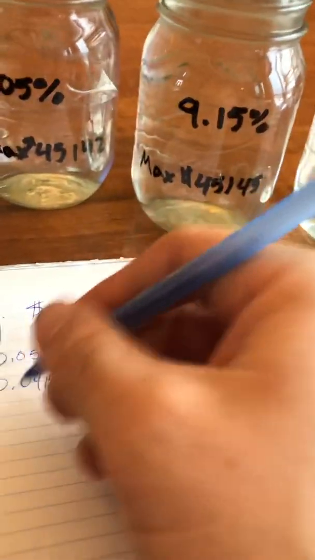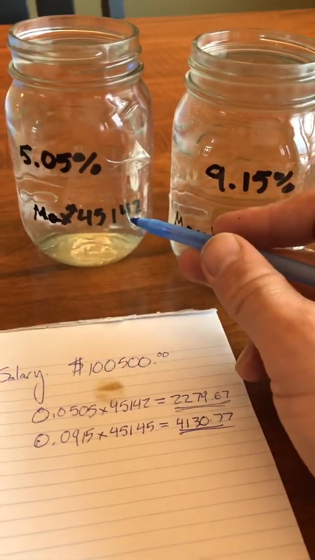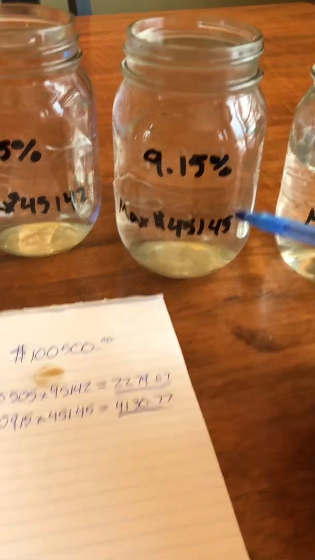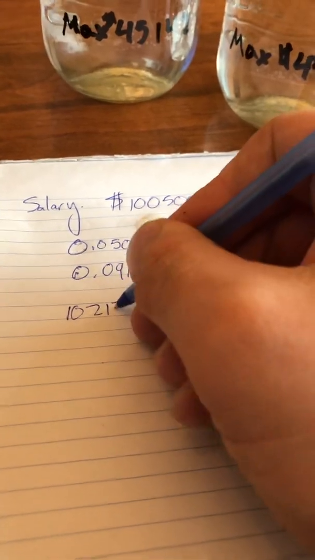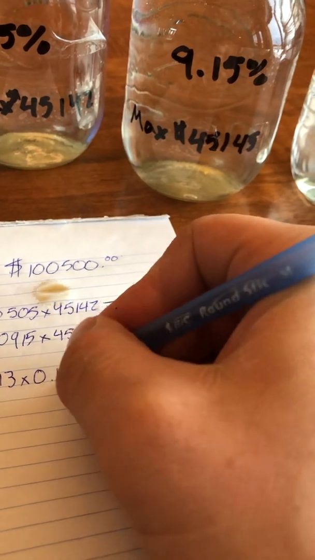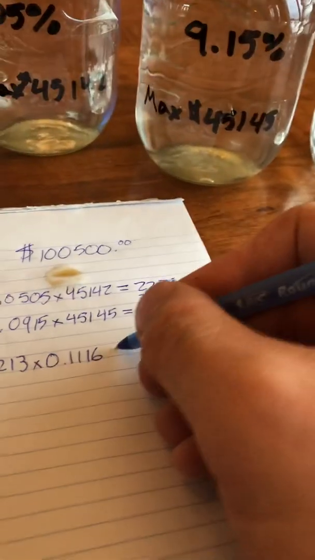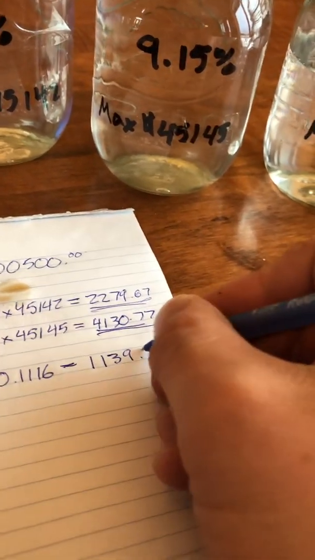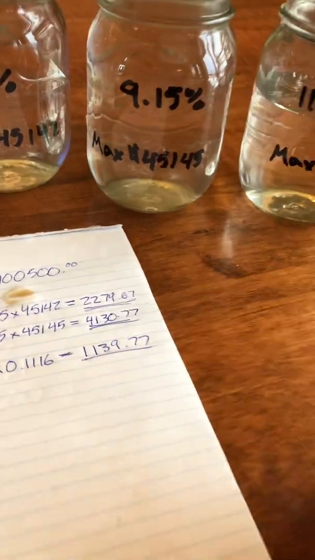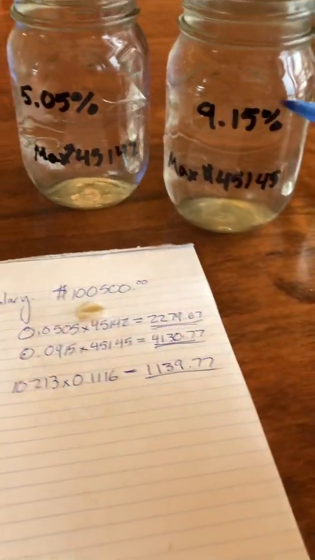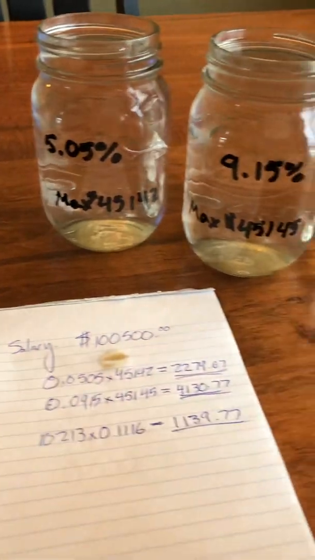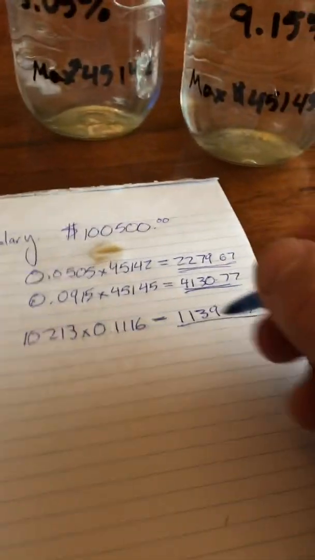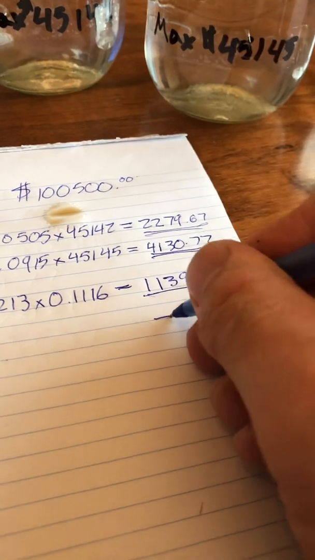So I do end up, if I do the calculation and subtract 45,142 and 45,145, I end up with $10,213 left to tax. And I'll tax it at 11.16%. That will get me a total tax payable on that amount of $1,139.77. So now, this is just my provincial portions. I have to pay taxes on these three jars, and the money that went into each jar has a different rate. Totaling this up will be my provincial bill of